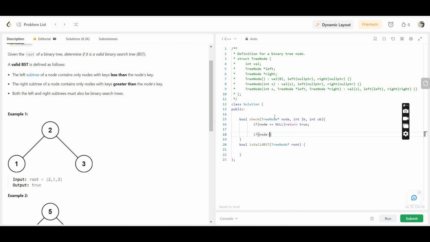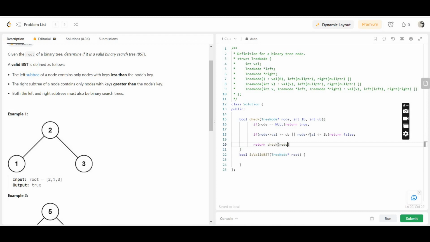If the value of this node is greater than or equal to ub, or the value of this node, so it's not left, it's val, is less than or equal to lb, that means this is not a valid node and we'll return false from here. Otherwise,